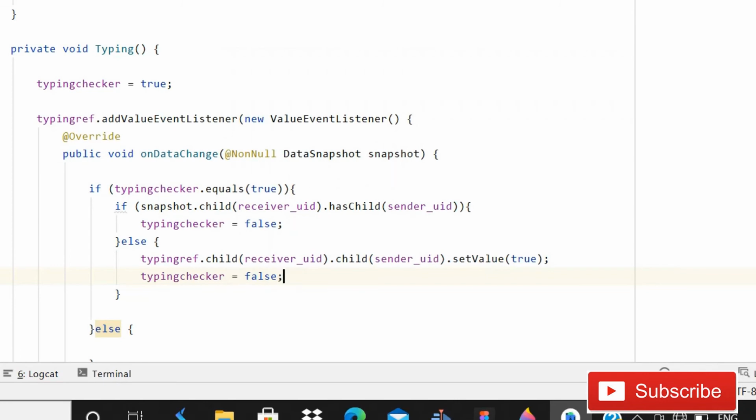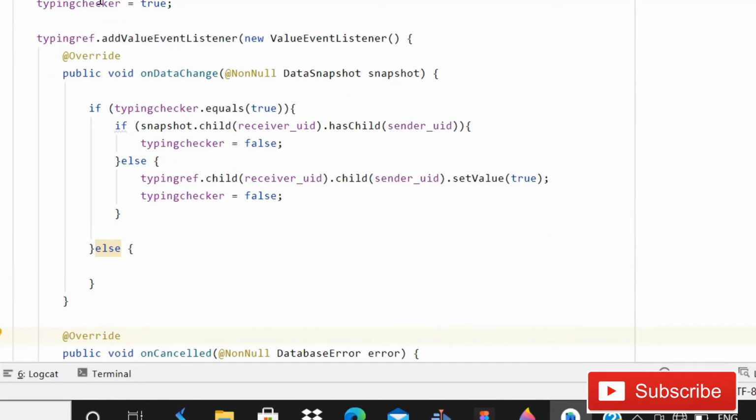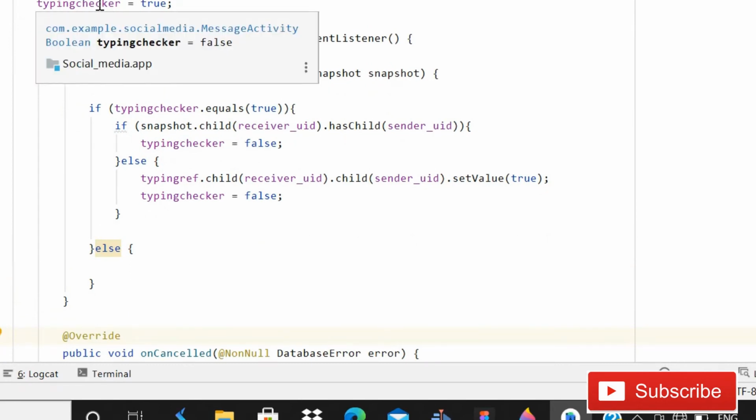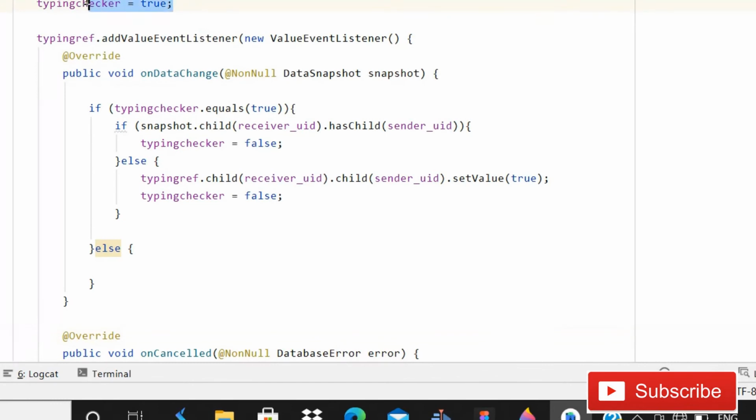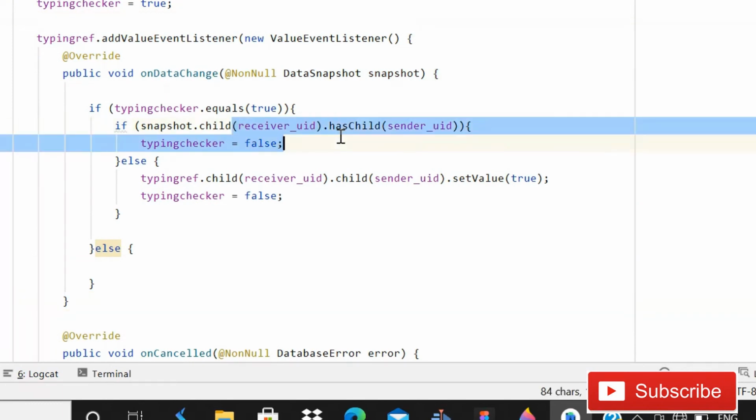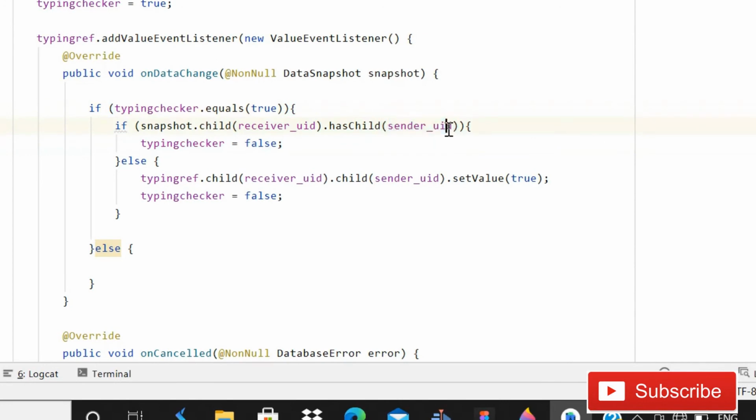So guys, now I will explain the simple validation. It's quite simple, nothing is very complicated. What we are doing here is that when the user starts typing, it will make that boolean true, understand, and then we will create a child in the database reference that has the name typing, understand. Inside that typing node we will have a receiver uid, and then it has a child sender uid, and inside that child we will have the value true. So if it is true, it will show is typing, and if it is not true, it will disappear, it will make that text view invisible, understand. So that is a very simple part.